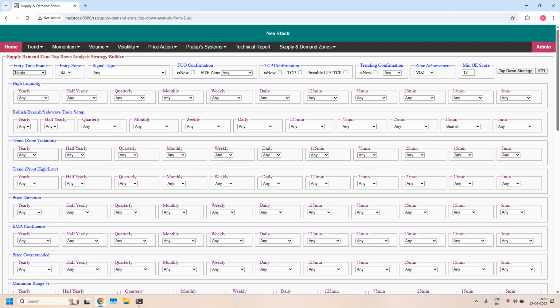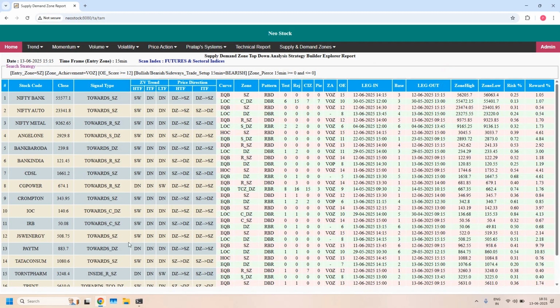Because the daily income trade, bearish trade setup, 15 minutes supply zone, not demand zone, 15 minutes supply zone. Bearish trade setup, daily income trade, 15 minutes supply zone, that's why we selected 15 minutes bearish. Now all the three filters are applied to 15 minutes supply zone. Let's filter. We got